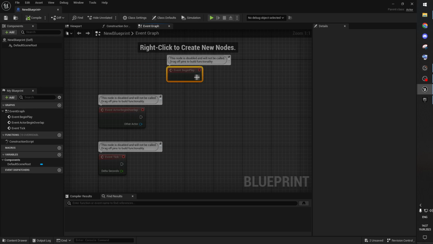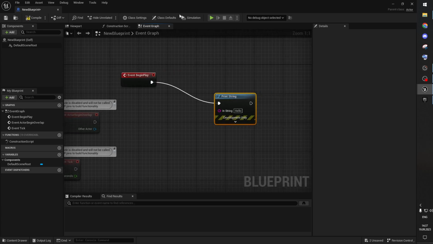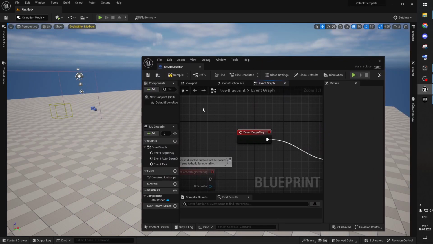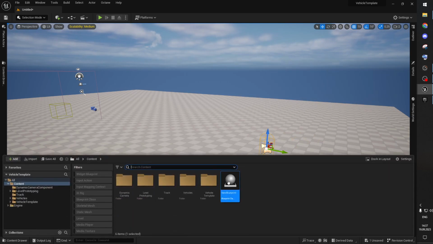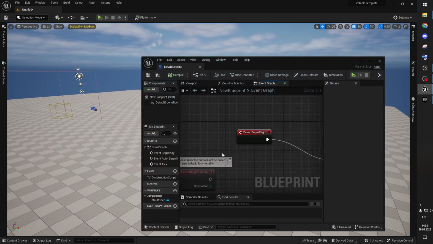Print string, hello. Then you push compile and save, and basically the more useful one is save and compile, because if you have some compilation errors or the engine crashes for some reason, you do not lose your changes. So save and compile. Now when you drag the object into your level, let's start with simulate, hello, a debug message, and when you plug it in